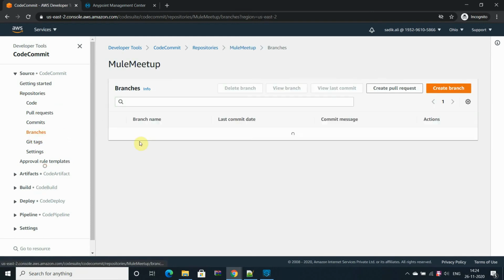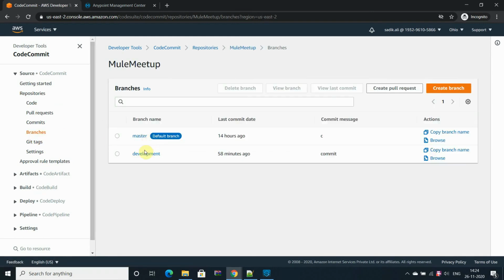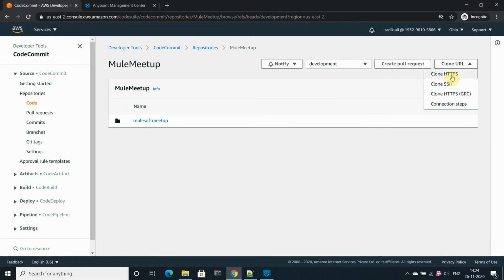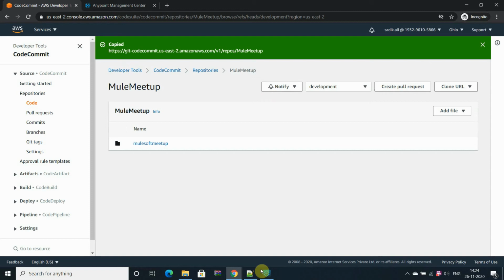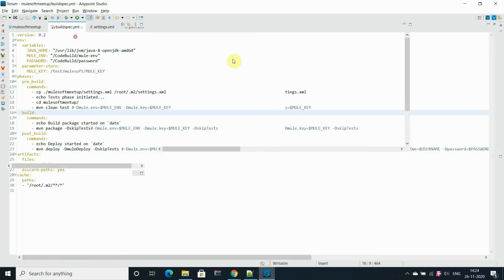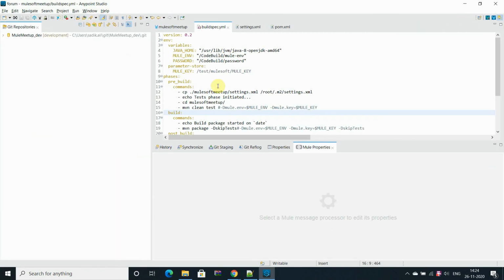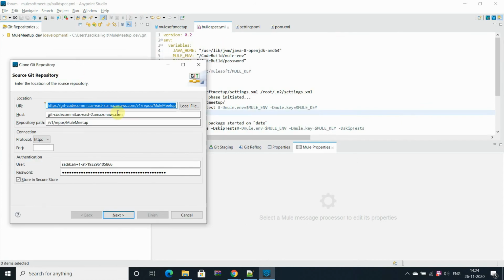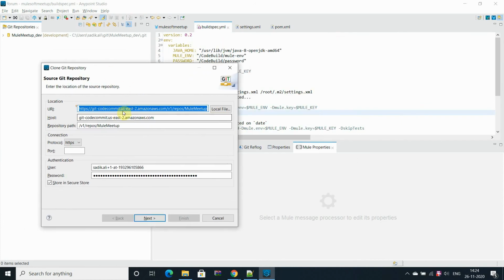Go to the branches, go to development, and clone using the HTTPS URL. You have to go to the Git section in Studio and just paste it here. Otherwise you can copy and paste based on that, and you can see the username and password.